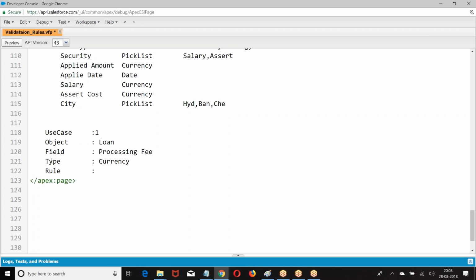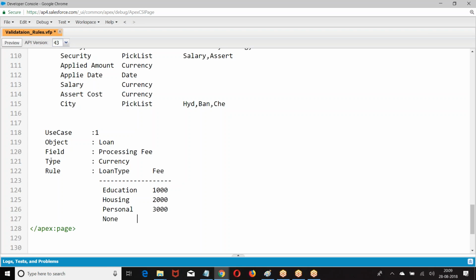If loan type, verification 1000. Now create this formula.